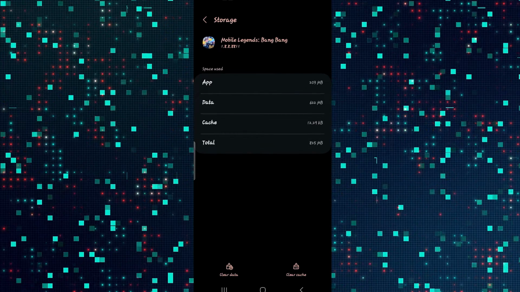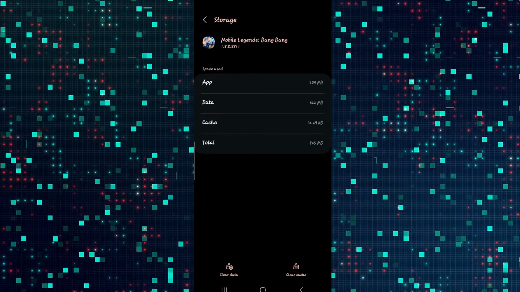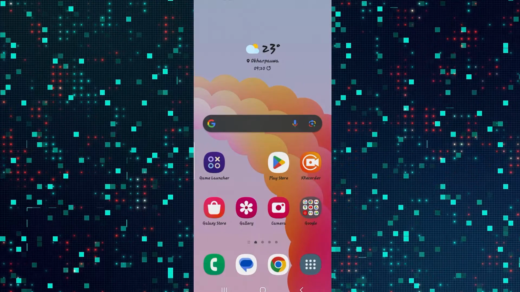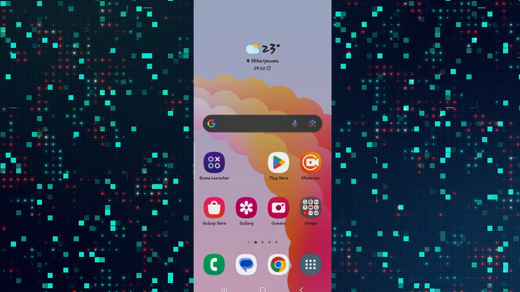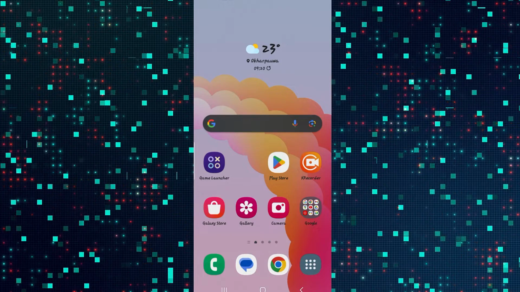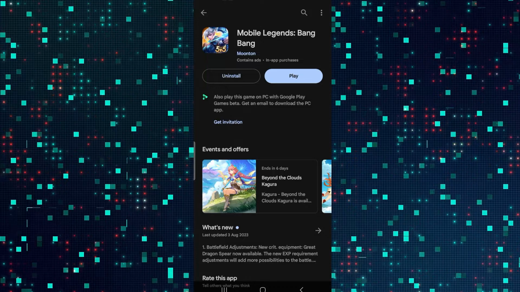Try clearing your cache by tapping on Clear Cache and see if that helps. If it still doesn't work, then you can try clearing your data as well. If clearing your data and your cache, along with a stable internet connection, works just fine for you, then you're good to go. If it still doesn't work, then just open up the Google Play Store or iOS App Store